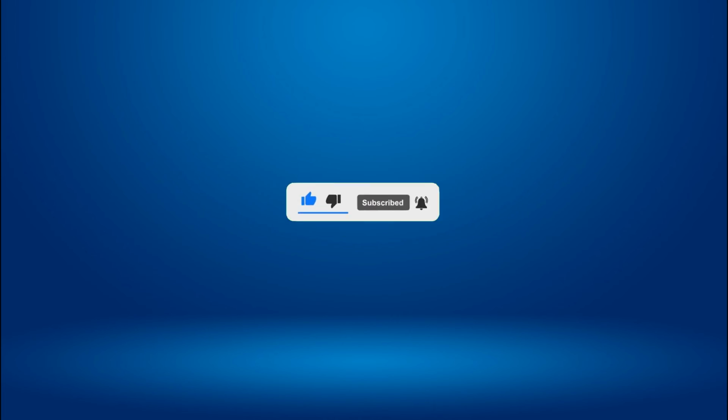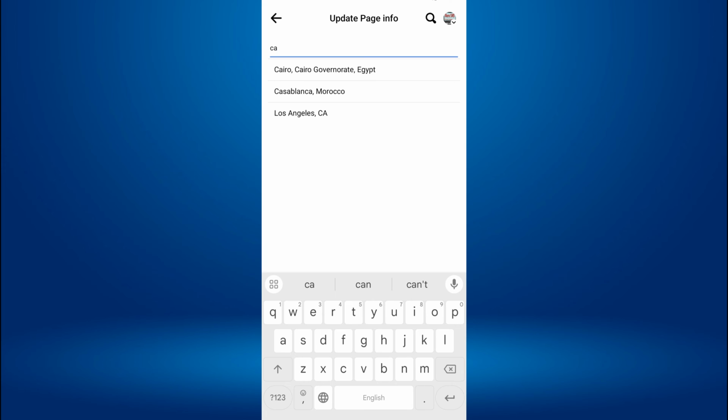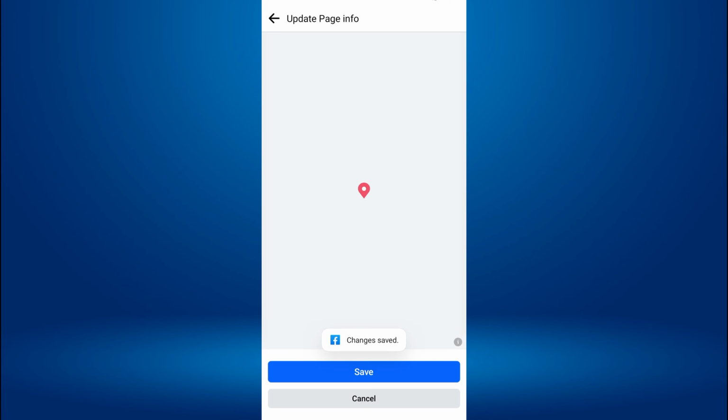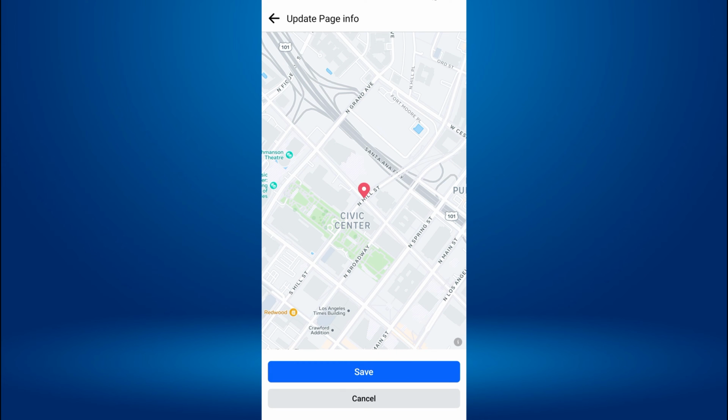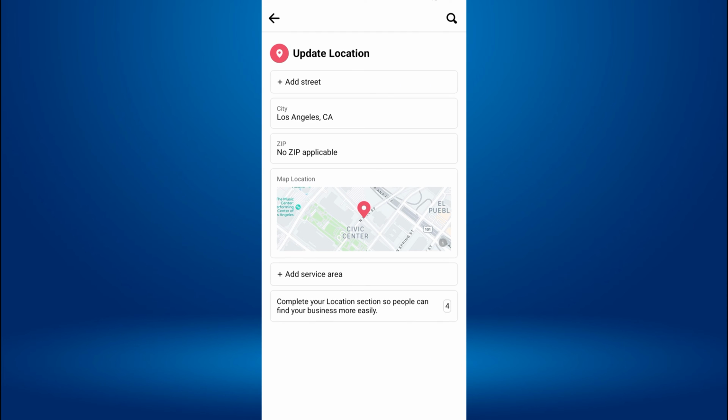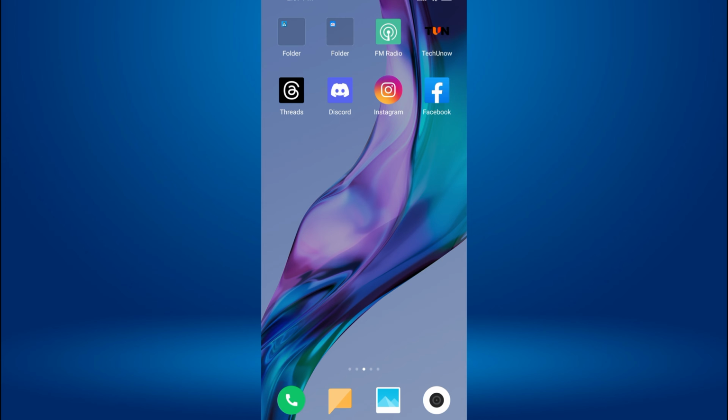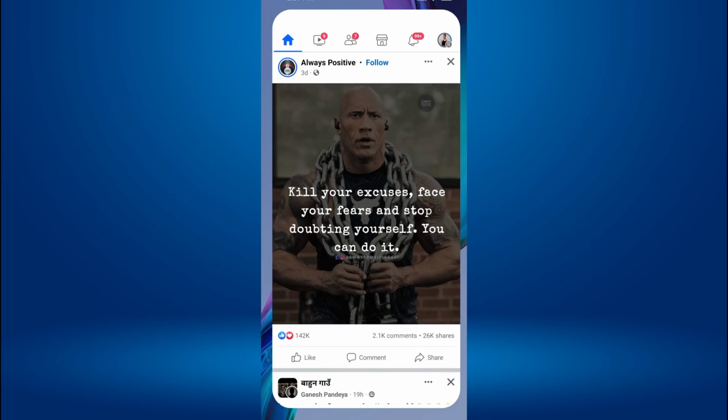Adding a location to a Facebook page involves providing address details for a business on a Facebook profile. Your location will be displayed on a map within your Facebook page, making it easier for customers to find your physical address. To add a location or address to a Facebook page, first, open Facebook on your mobile phone or